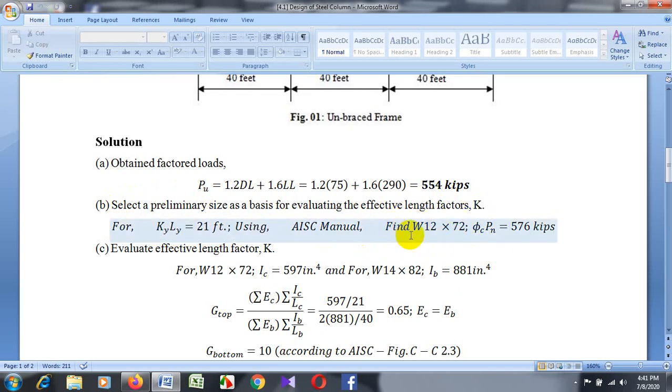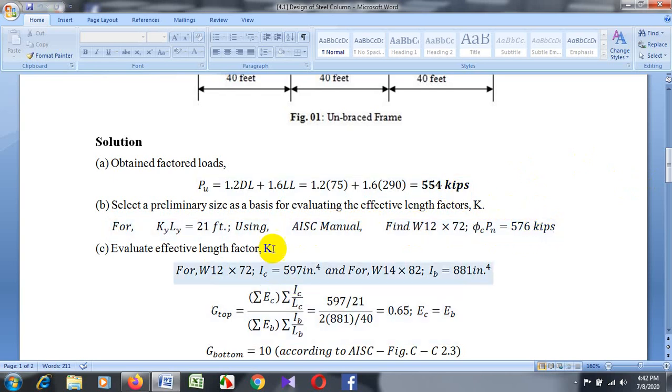This section at first is chosen as per the AISC manual using this value and phi Pn, and this table. This value phi Pn equal to, that means nominal ultimate load, in kips. This load is greater than this load.